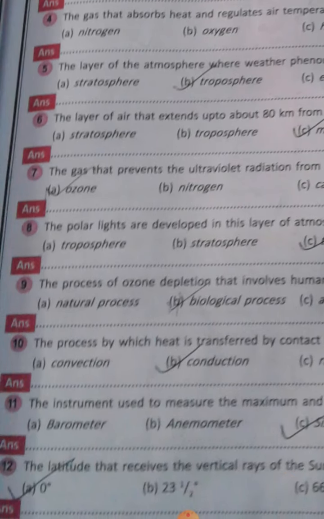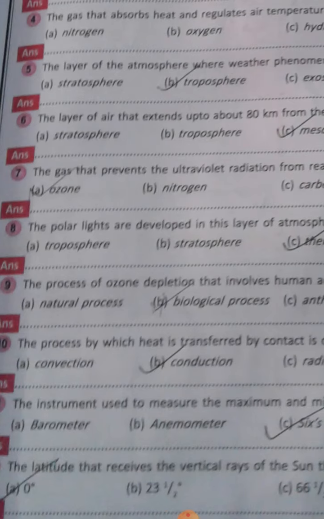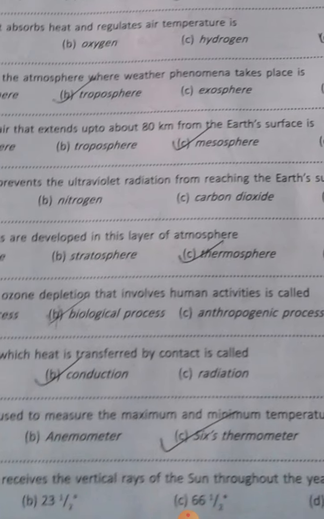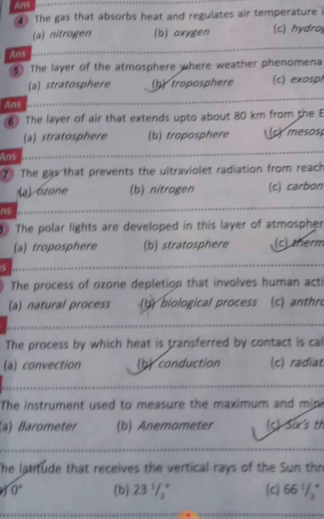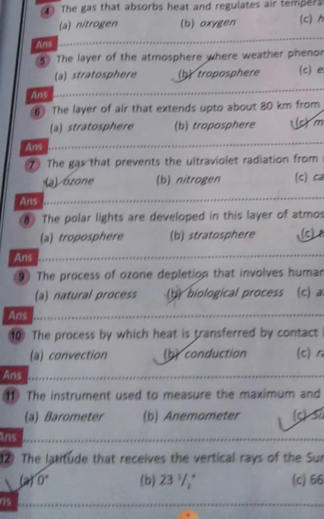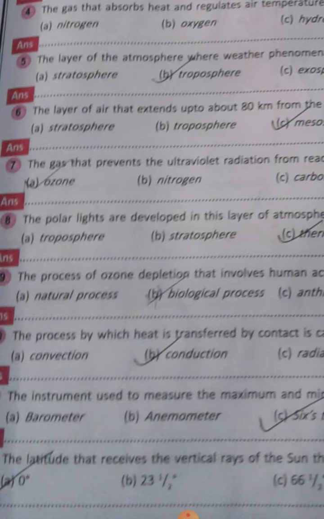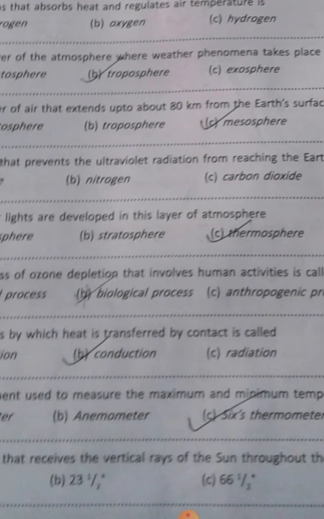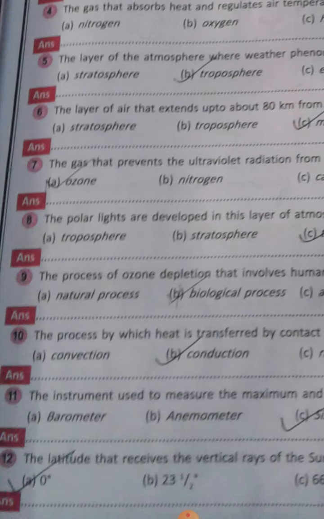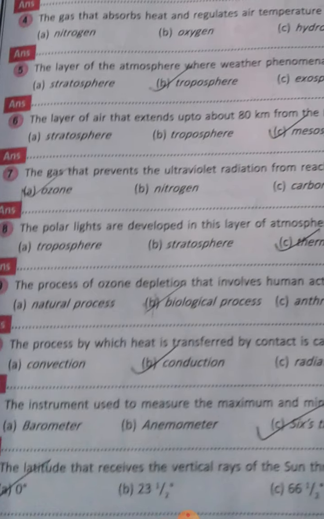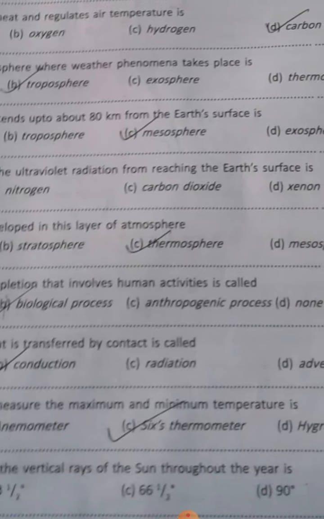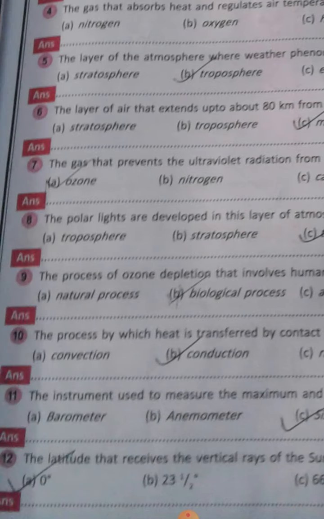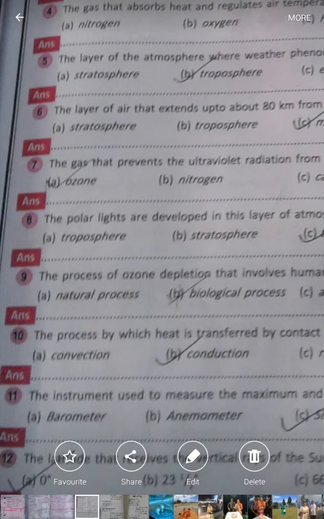Answer is thermosphere. Number 9: the process of ozone depletion that involves human activities is called the biological process. Number 10: the process by which heat is transferred by contact is called conduction. Question 11: the instrument used to measure the maximum and minimum temperature is the Six's thermometer. And question 12: the latitude